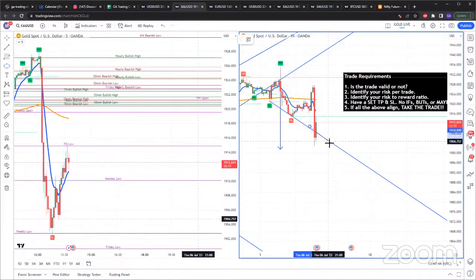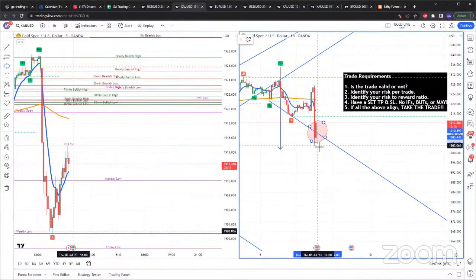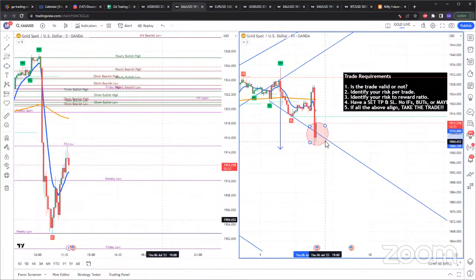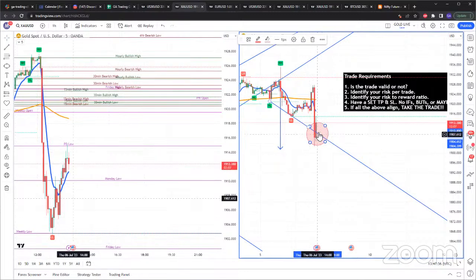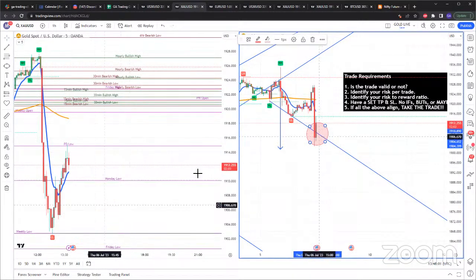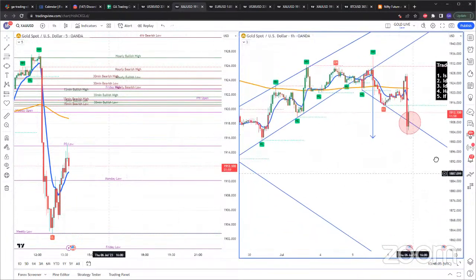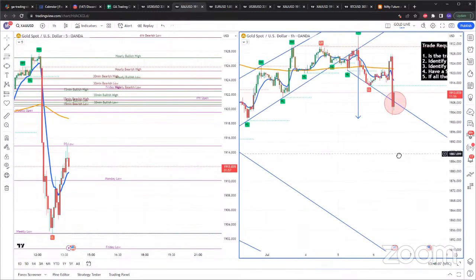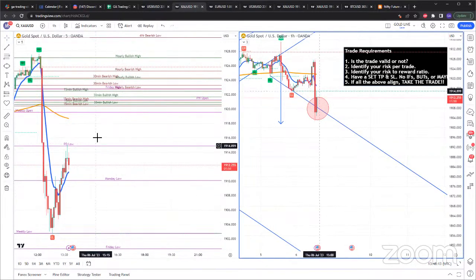I do expect some, and keep in mind, I think tomorrow we have NFP. So we might consolidate, like after midday today, price might just consolidate till tomorrow. So I anticipate gold just being stuck on this trend line until NFP tomorrow. But eventually I do expect gold to go somewhere around 1890 area. But for you to sell gold, if you really want to sell gold, number one, you